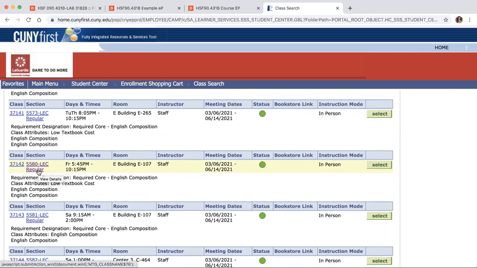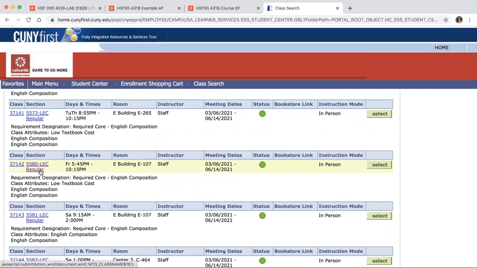Okay. All right. It says regular, right? Because everyone is aware about session 1 and session 2. Session 1 is 12 weeks long, right? Session 2 is 6 weeks long. So we're talking about spring session 1, which is 12 weeks, and then spring session 2, which is 6 weeks,